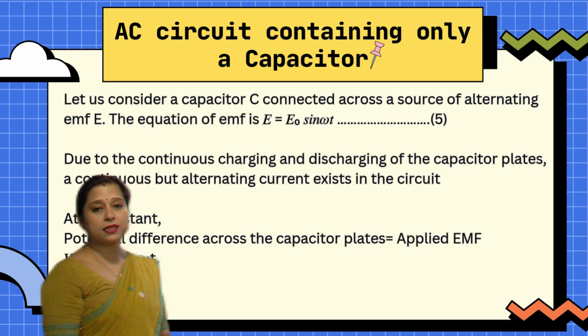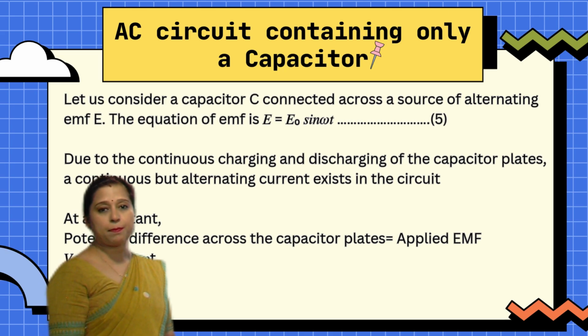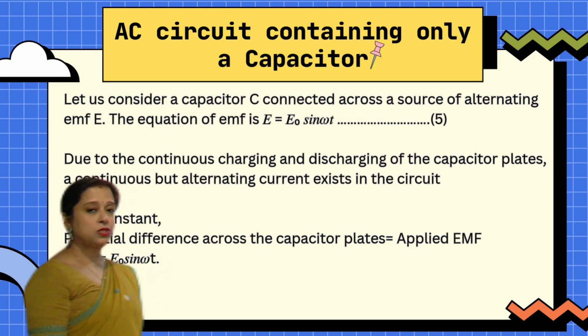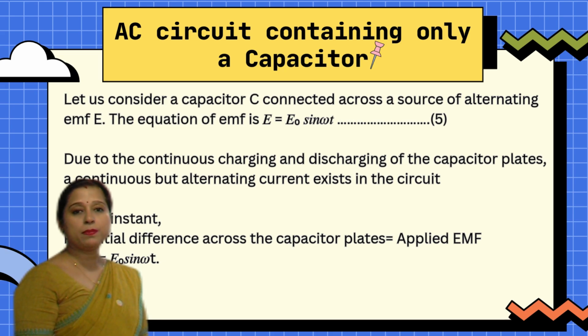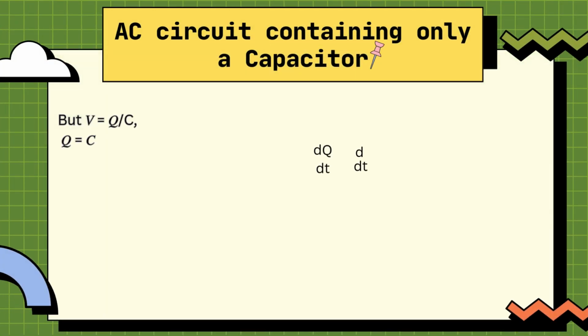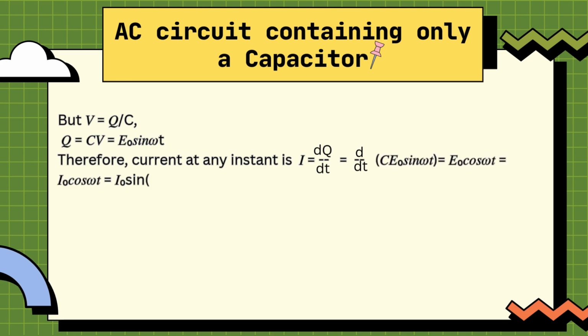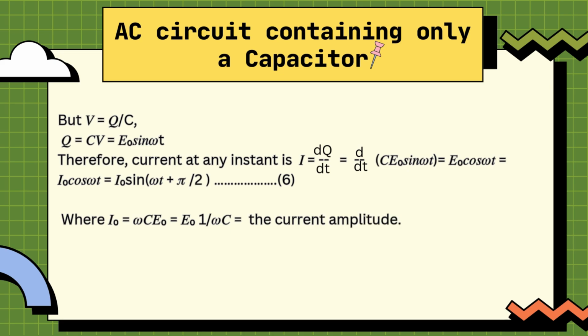Due to the continuous surging and discharging of the capacitor plates, a continuous but alternating current exists in the circuit. At any instant of time, the potential difference across the capacitor plates will be equal to the applied EMF. So if we go for a calculation, then we see the current at any instant to be this one. So this is the equation for current at any instant, where I naught is the current amplitude or maximum current